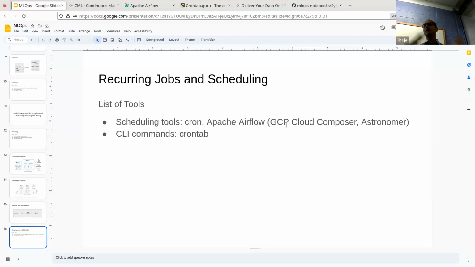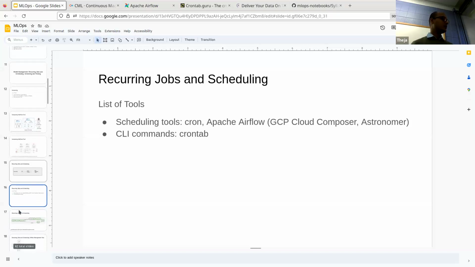It's exactly Airflow, but managed by Google, at least the management of this tool, so that you just focus on your tasks. Same thing with another company called Astronomer. So they're all just vendors for this tool called Airflow. And Airflow is not the only tool. There are many, many ways to schedule things. So we'll do a quick run of cron and Airflow today to get a feel for what they are. Okay. So let's do cron first.